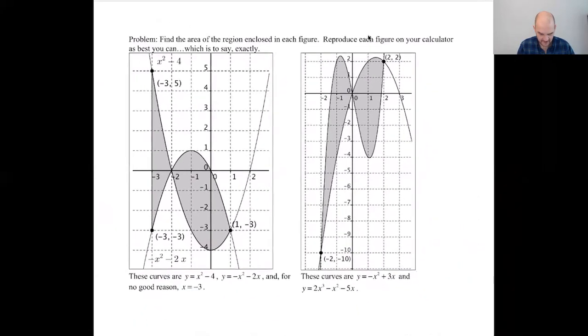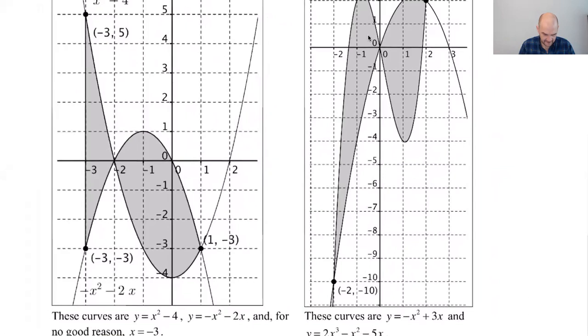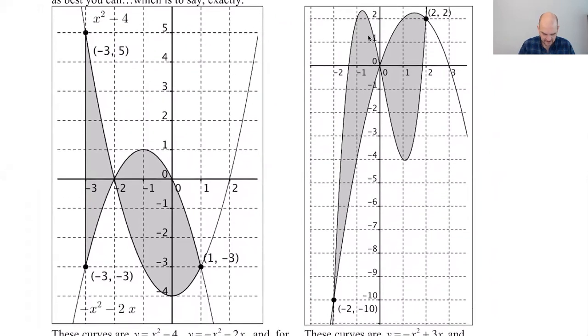As we look at these regions, we want to find the area of the region enclosed in each figure, reproduce each figure on our calculator as best we can, which is to say exactly. And then we want to find the area. One thing that I find really difficult with this problem is keeping track of which curve is which. So what I'm going to do is highlight them if I can in